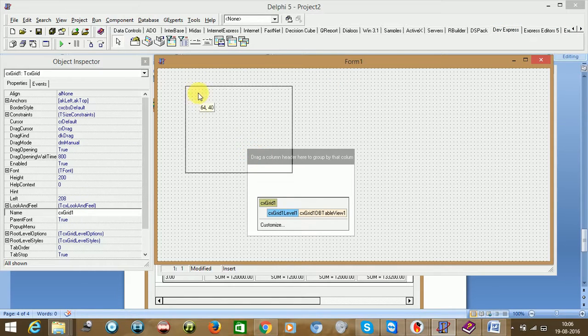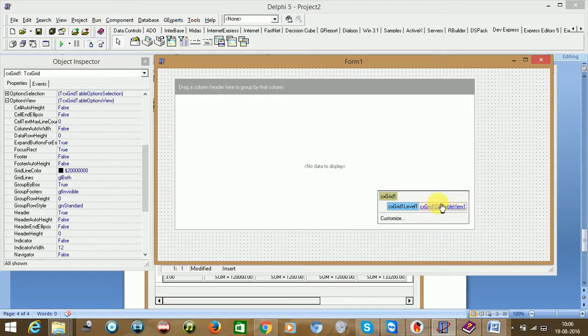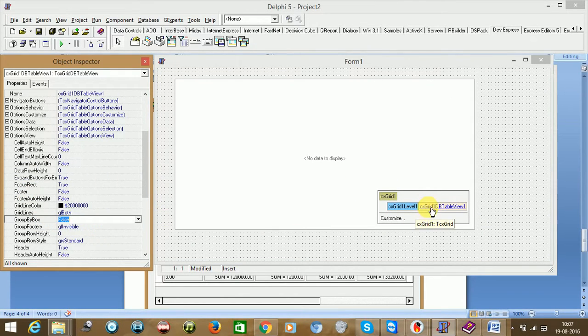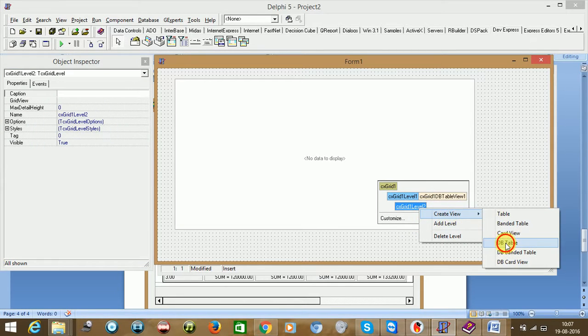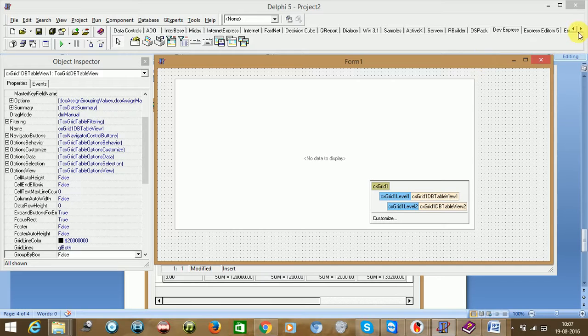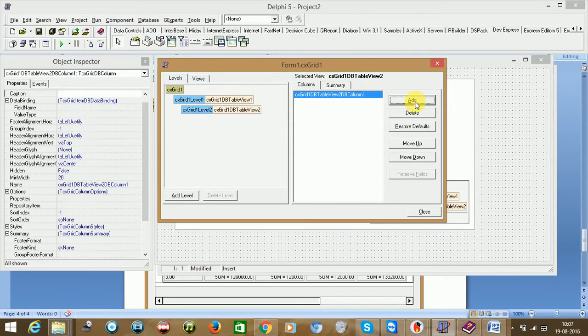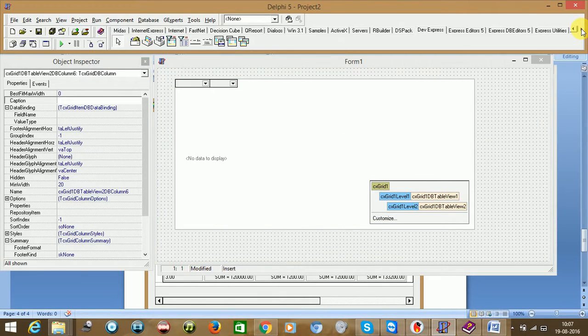DevExpress. I'll be putting remove group by box. So I think it will be a revision once again. Add one more level, just say create view, DB table view, that's it. And then you need to create some columns for this view. Come here, you need to have, I think, 6 columns, it seems. That's it. And then go to